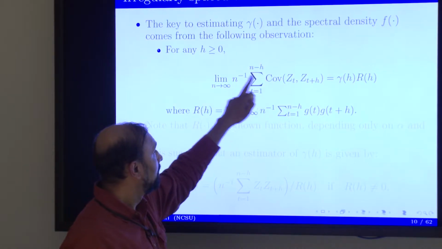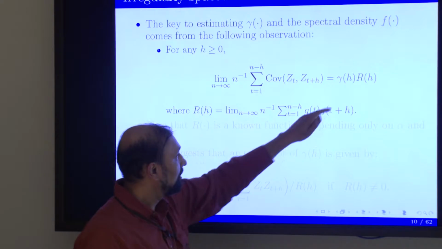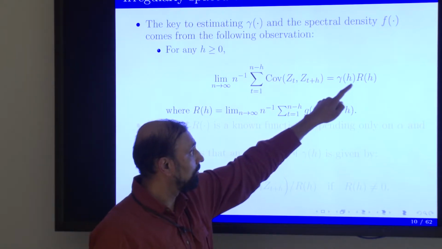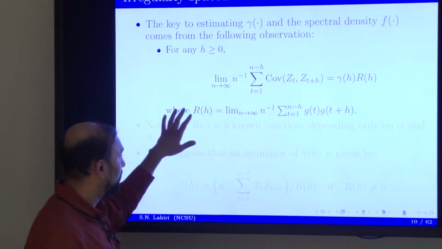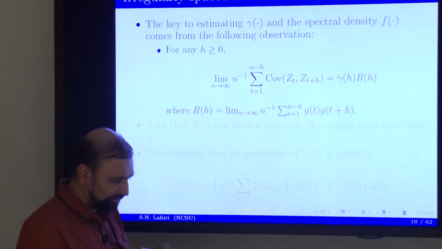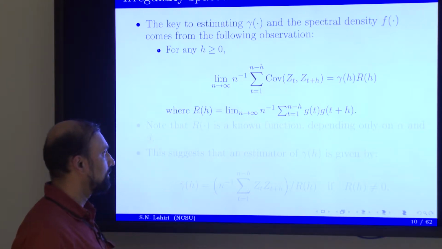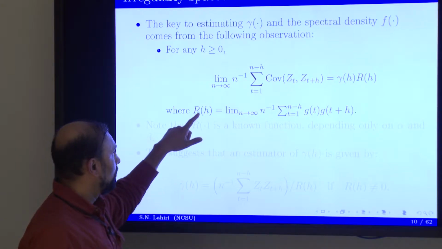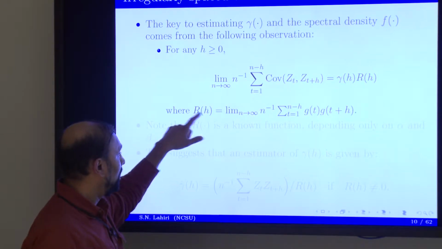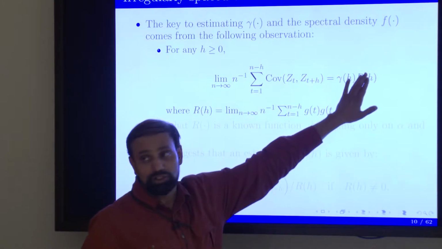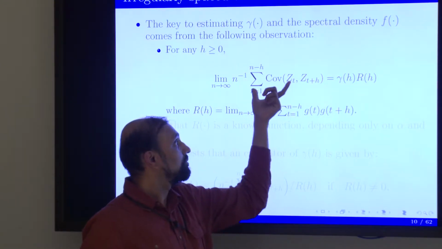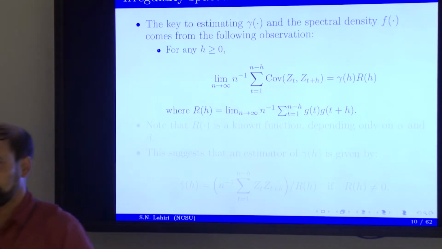But this limit essentially multiplies gamma(h) with a factor, r(h). It does not depend on each and every value of the function g. And the multiplier, you can show that this r(h) exists for the function g that I have defined. You would know r(h); it would be a function of alpha and beta. So this is a constant multiplier. If you can estimate this quantity, you are in business.